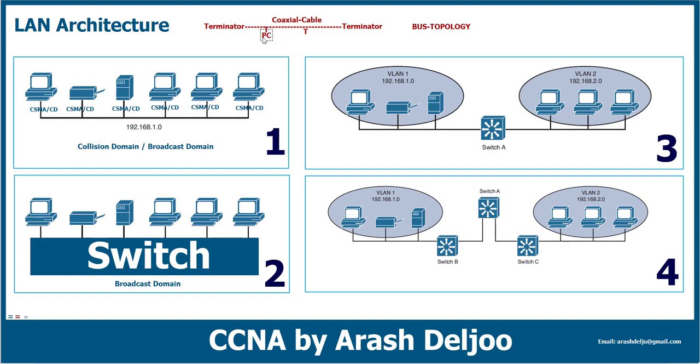And the PC and some other devices can use this T connector to connect to the network. This is a simple topology that we have used before, but today we don't use it. This is the same collision domain and broadcast domain. It is not important for us, but another type of single collision domain and broadcast domain is using the